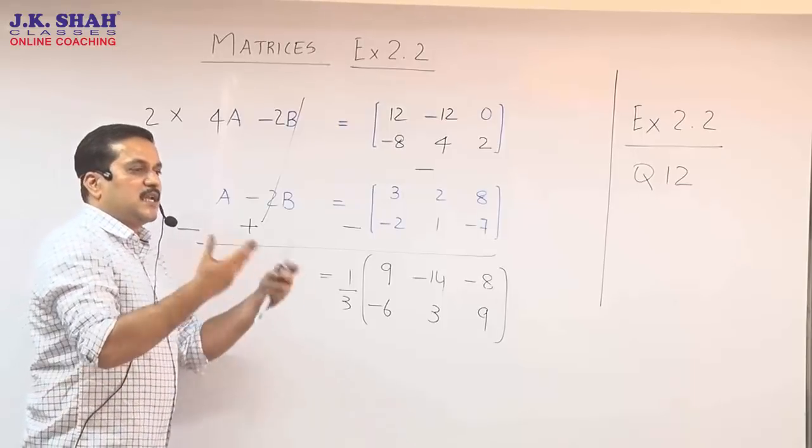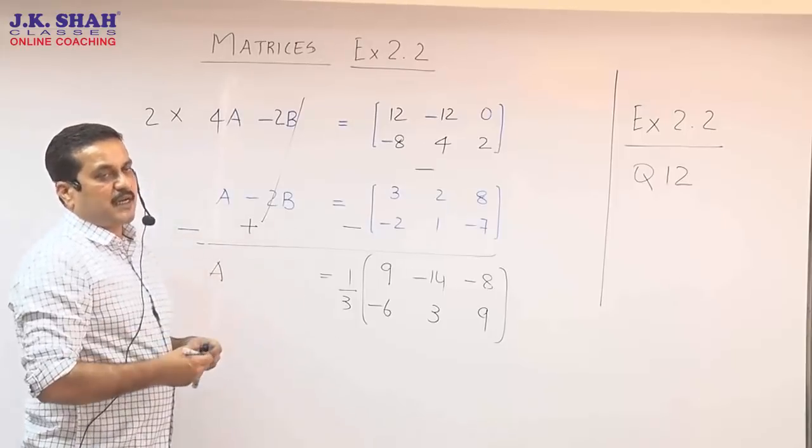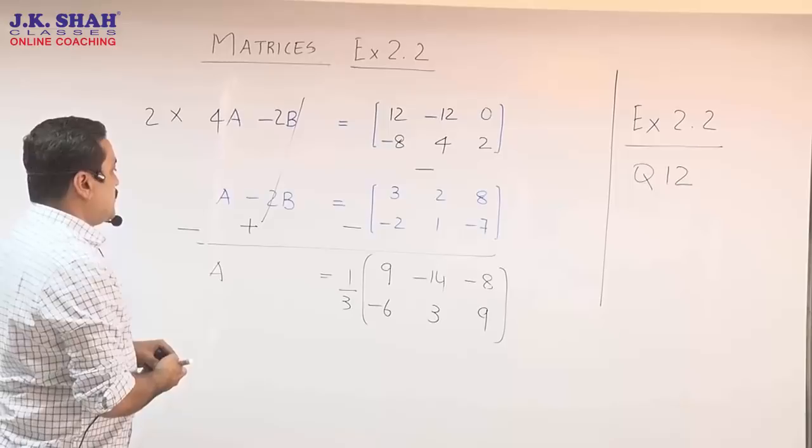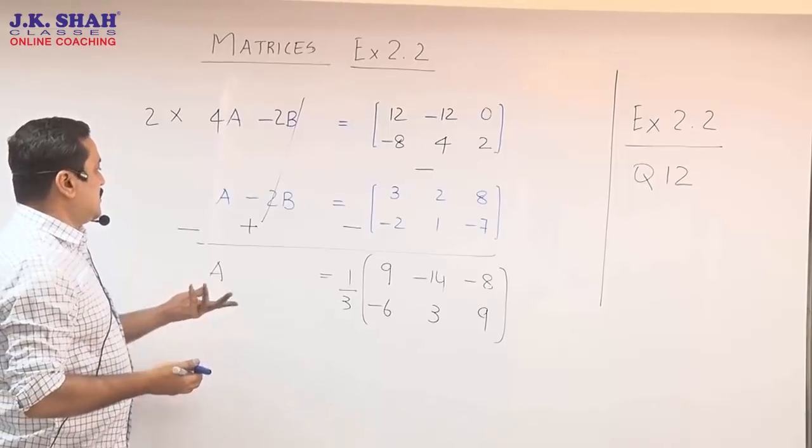Only when you see inside elements divisible by 3, then you say okay, we push 1 by 3 inside. Now coming to the next point, we are still yet to find the B matrix in that, and one more way of doing that. One way of doing that is what?